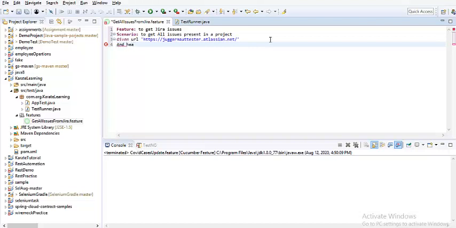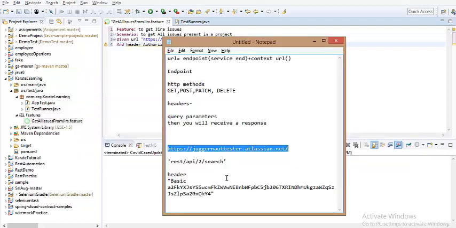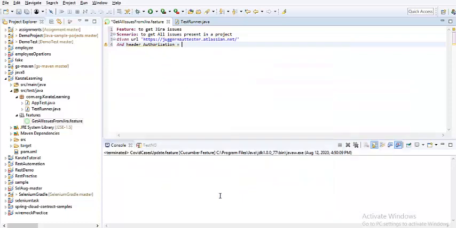So I'm just adding a header, which is called authorization. So authorization equals to, this is the key, guys. This is how you need to add the authentication for Jira.